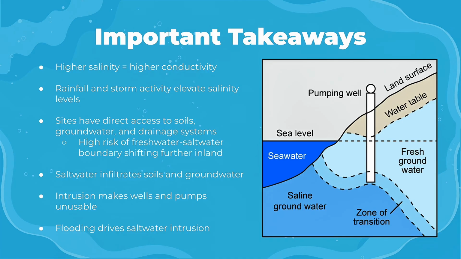And because these sites are closely connected to surrounding soils and groundwater, if heavier storms were to occur, greater water pressure from these storms could be directed into porous soils and groundwater aquifers, contaminating fresh water and making it unfit for drinking and other use. In early October, the 3 sites averaged more than 20,000 microsiemens. That showcases significant saltwater presence. Overall, the positive correlation between rainfall and conductivity demonstrates that flooding events are the main contributor to saltwater intrusion that reflect the extent of seawater penetration.